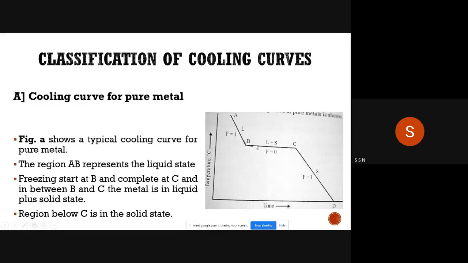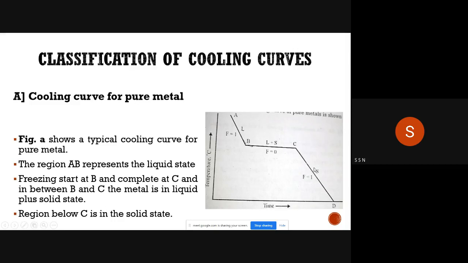In this figure, from A to B point there is only one phase called the liquid phase of the metal, and we have started cooling from A point to B point. As temperature decreases, only liquid phase you will get. From B to C point, there is starting of change in phase. There will be liquid plus solid phase from B to C point because of latent heat. At constant temperature, this is occurring.